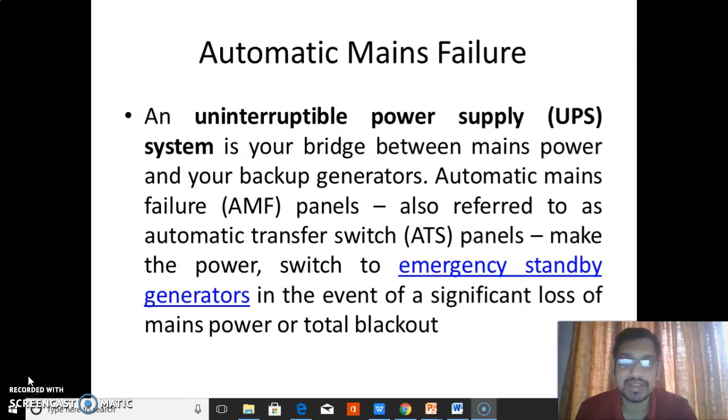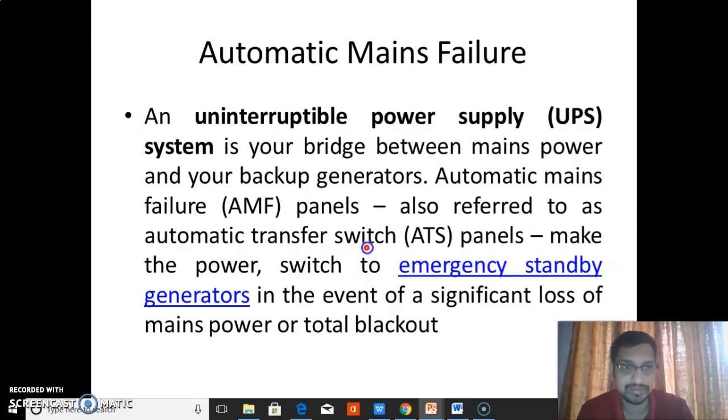In this video, I explain the automatic main failure or AMF. AMF is also known as ATS, automatic transfer switch. So AMF is nothing but a changeover switch between the utility grid and the